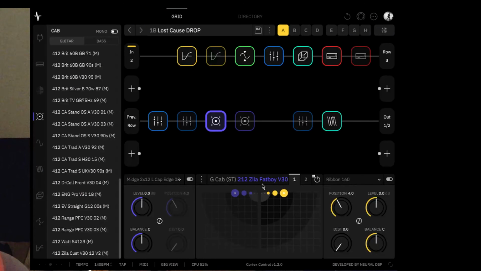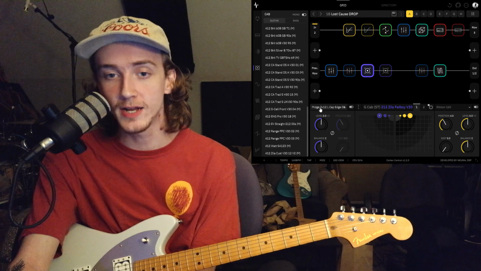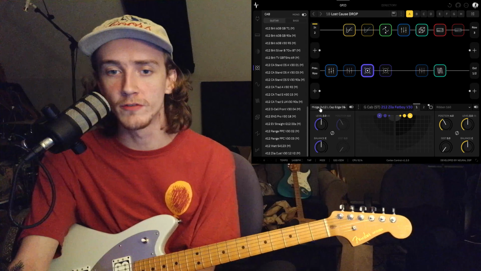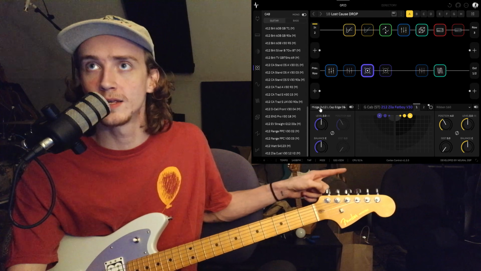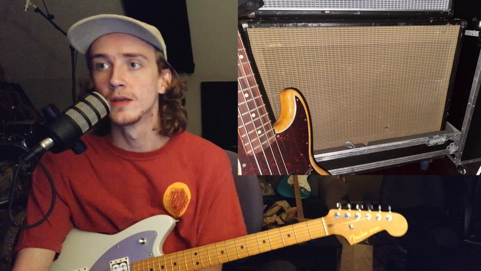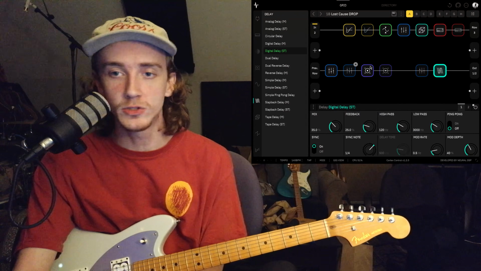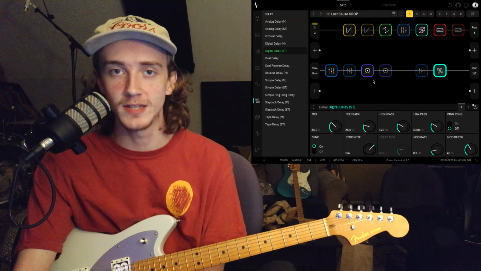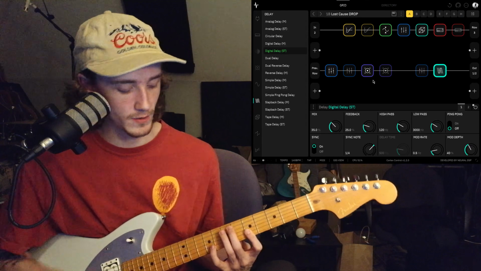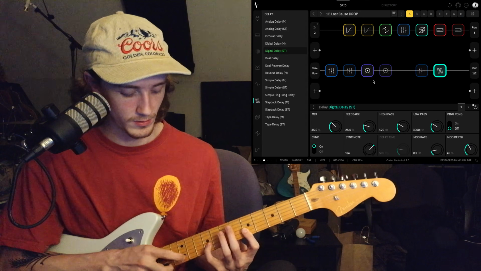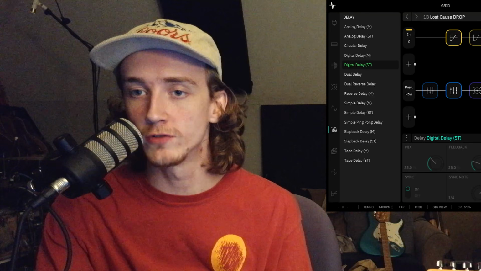The 212 Zilla cab, interesting. I haven't used these in a long time, but it looks like this is using an IR from one of my cabinets. This cabinet right here, which you can't really see, but that's fine. And then I've got a little bit of the digital delay. Most of the blocks, like I said, just stay the same from song to song. Pretty simple, but that's my clean tone for the tappy part. And then once the song comes in, it switches over to